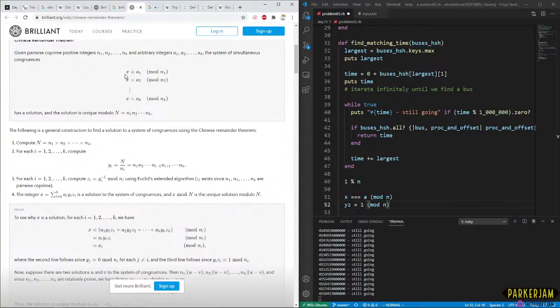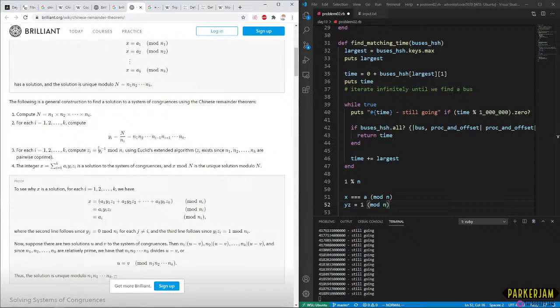Okay, so we did confirm what we were thinking about this notation here. So YZ, this notation right here, this is where we were at.